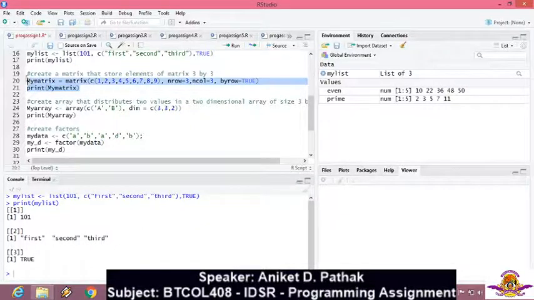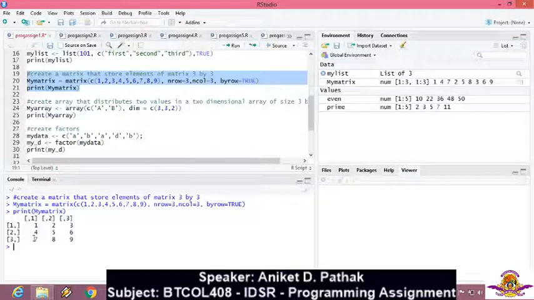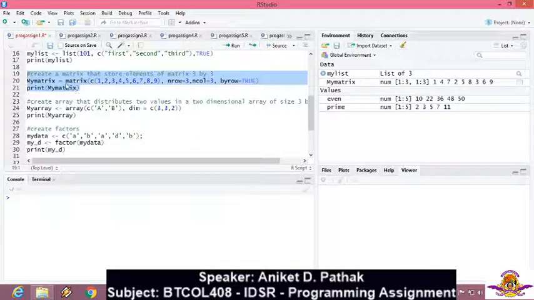So let's select this and try to execute it. Before that, again let me clear my console window. So I am executing it by clicking on run. Okay, so if you observe, first row, second row, third row, first column, second column, third column, the elements are there. Now let's check an experiment. I clear the console again. Instead of this equal to, I use the assignment operator that is available to me.